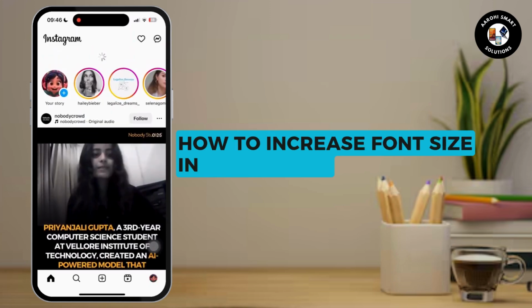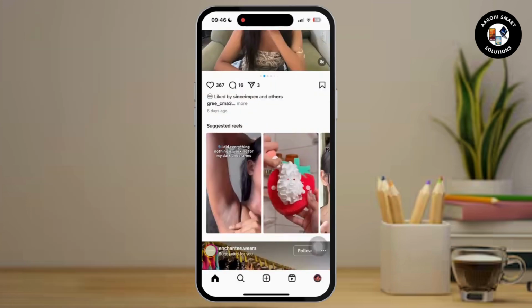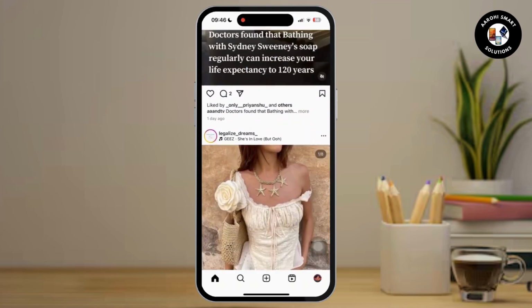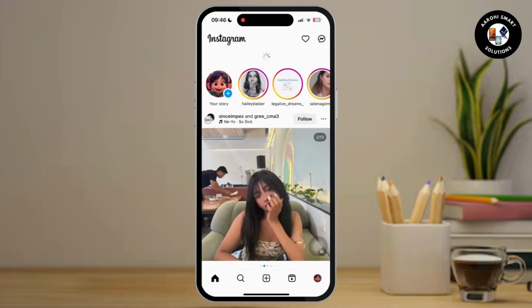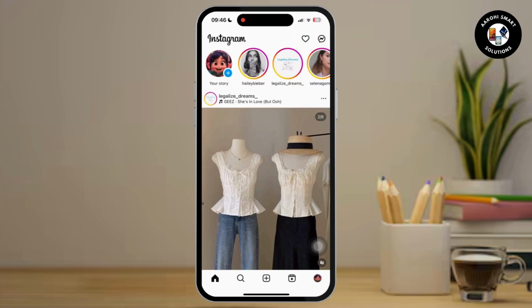How to increase font size on Instagram. So let's get started with the tutorial. This method only works on iPhone or any iOS device, so make sure you have iOS for this method